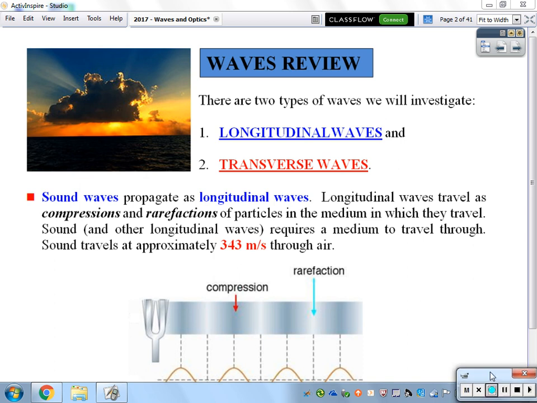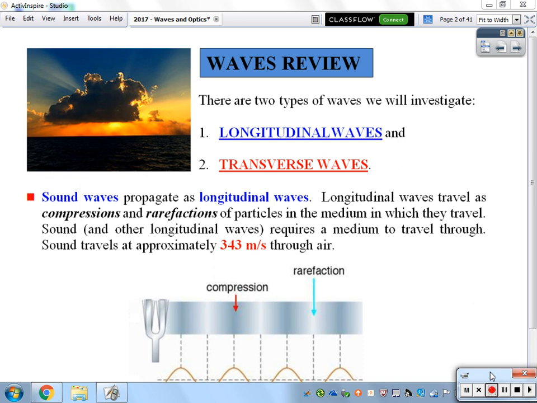Okay, so today we are going to be starting off with a bit of a review. Talking a little bit about waves. And so that's going to lead us into a discussion talking about sound waves and light waves. Now, there are two different types of waves that we are going to talk about in the context of today's discussion. Something called a longitudinal wave